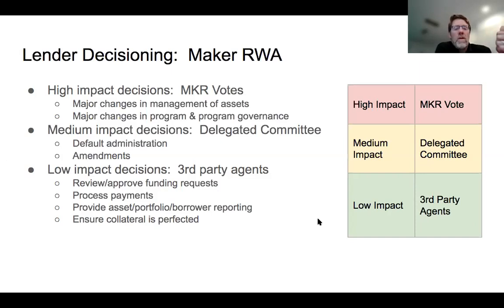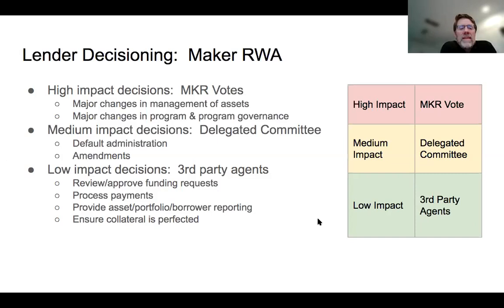And so it's going to be around big things on assets, and also major changes in the program, in the governance. So if you want to say, hey, right now, only these key big votes go to maker token holders, what if we want to take those votes away and give them to the delegated committee? You're changing the game of how things are done. That's something you're going to want the maker voters to weigh in on, because you're essentially impacting their decisioning. So I think they should have a say on whether you're allowed to reduce what they can decide.